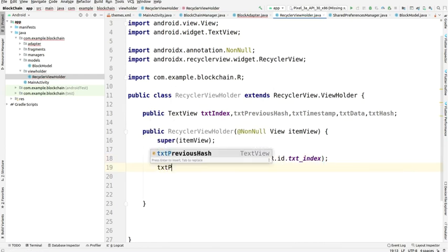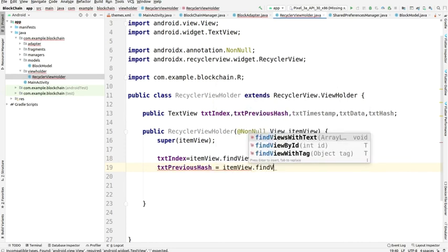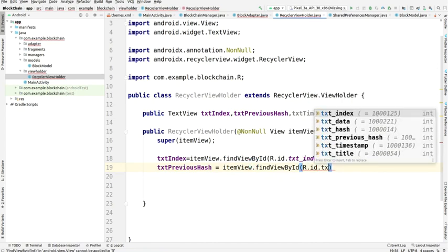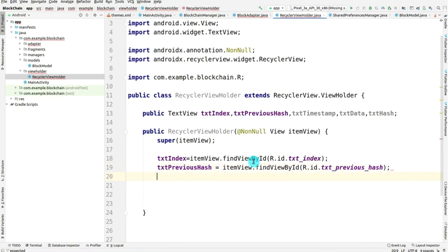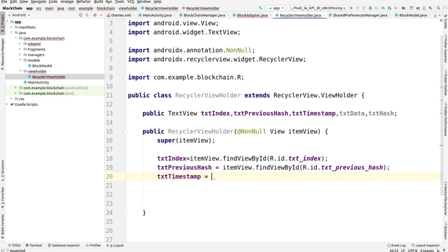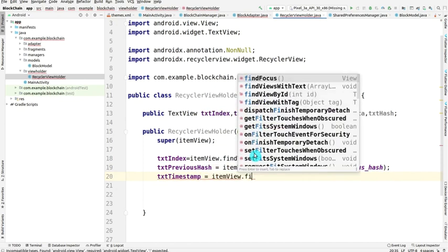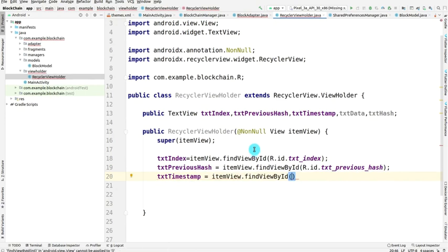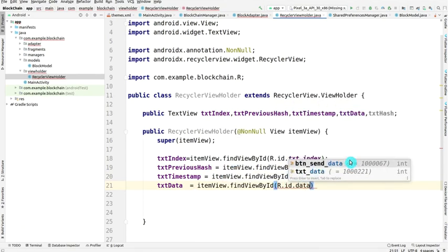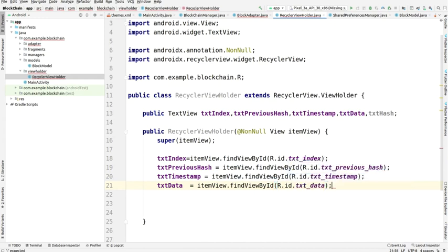So I'm just mapping them by using findViewById. Doing the next, this is txtPreviousHash: itemView.findViewById(R.id.txtPreviousHash). Okay, now txtTimestamp, and for the timestamp we are doing the same, just mapping it by using findViewById, R.id.timestamp, and then going for txtData, itemView.findViewById(R.id.txtData).